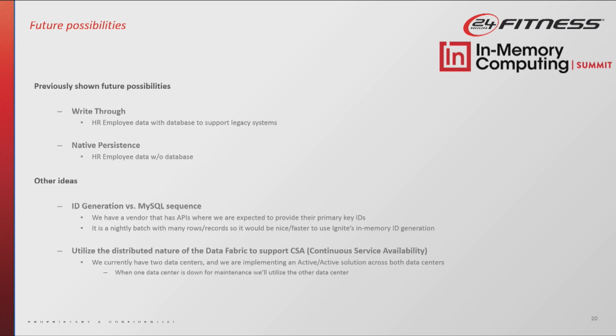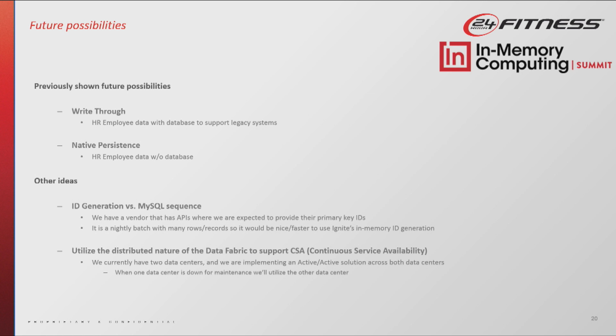Instead of us making a call and them generating the IDs and returning them to us, so that we store a cross-reference to our identifier for that particular thing, they want us to generate the unique IDs. Currently, we've implemented that with a MySQL auto increment field, but it's a nightly batch, and that slows it down considerably. Ignite has an in-memory ID generation. I would like it to look into the ID generation in memory